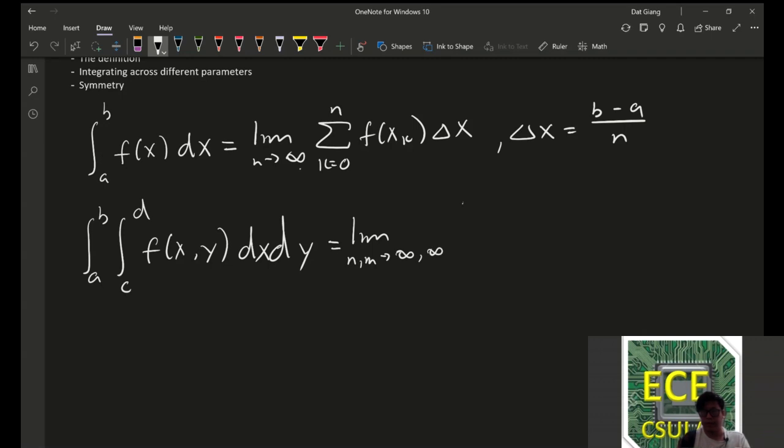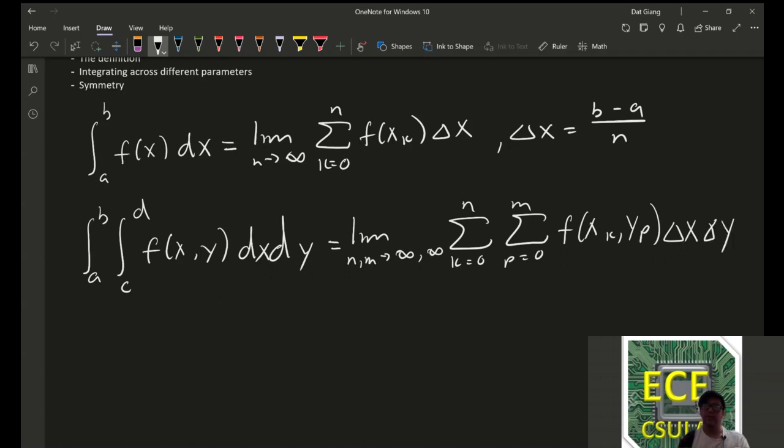of the sum from k equals 0, and then the sum from, let's say, p equals 0, of f of xk yp delta x delta y. Here in this situation, instead of having just Riemann sums, we have Riemann slices across two different dimensions. And usually we don't use this definition, but